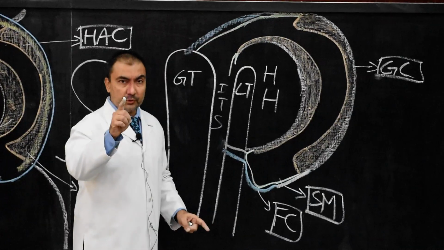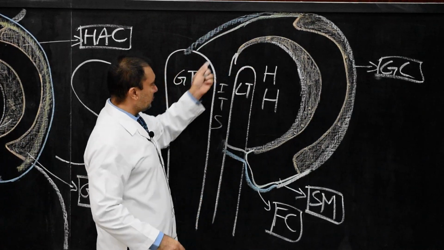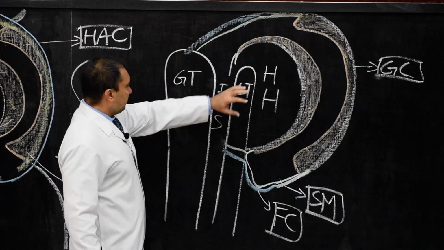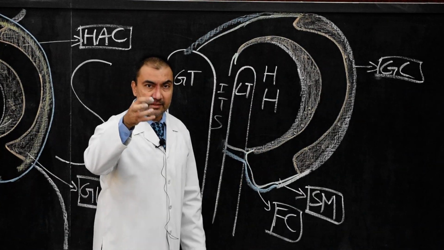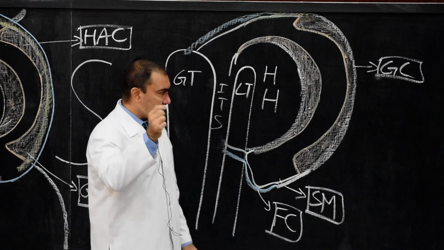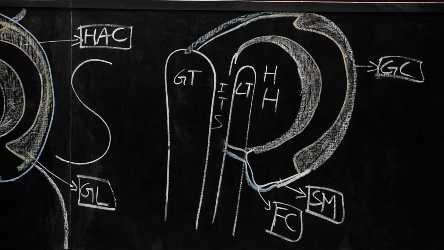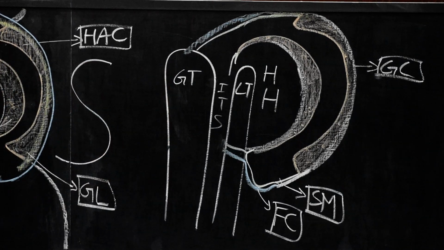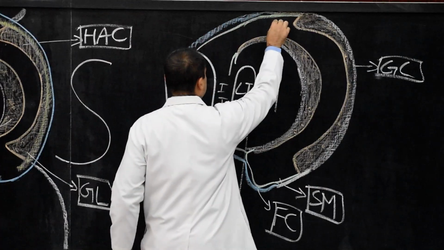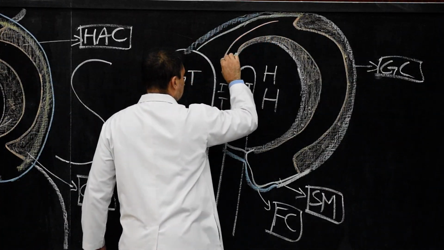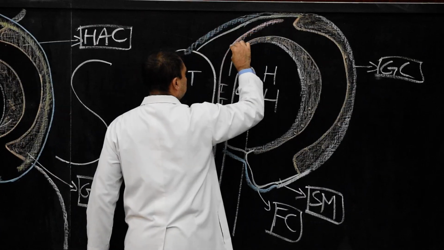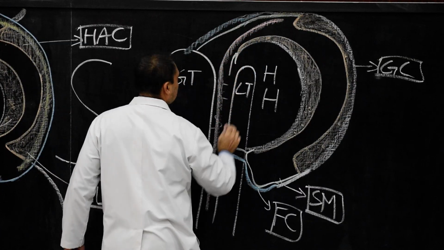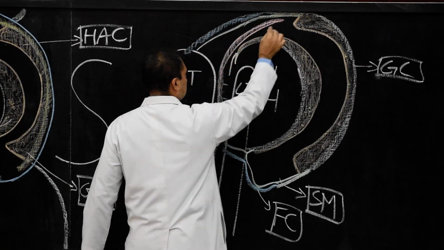Now the fourth important point, which you have to draw, is the passage of the long head of biceps brachii tendon. So first we show the long head of biceps brachii tendon, which I will draw in red color to show that it is passing in this way. Here, this is the long head of biceps brachii tendon, which is passing in this direction.